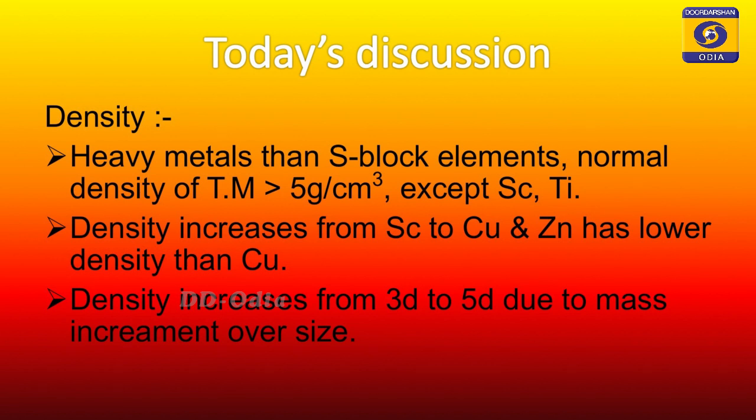Here, when we are talking of ionization energy of transition metals, again we see there is irregularity. यह ट्रांजिशन एलिमेंट की बात है, इनकी जो प्रॉपर्टीज हैं, बिहेवियर है, थोड़ा अलग है एस ब्लॉक और पी ब्लॉक से. थोड़ा ध्यान से उसको समझना, यह बात समझना और जानना बहुत ही जरूरी है.